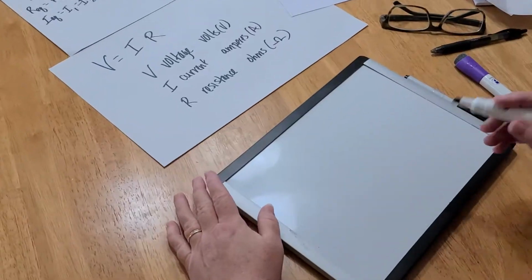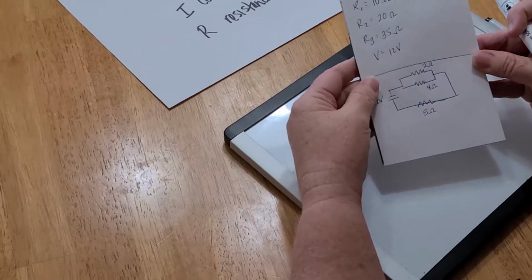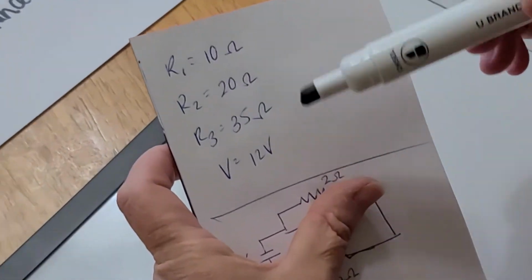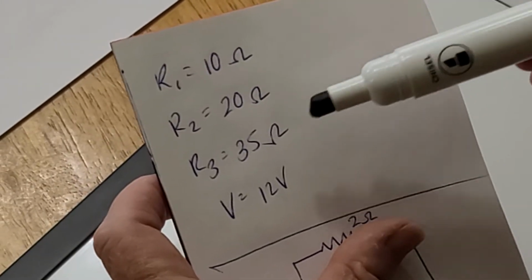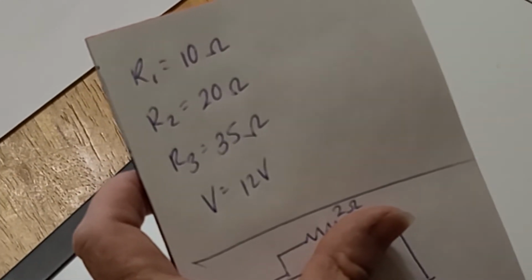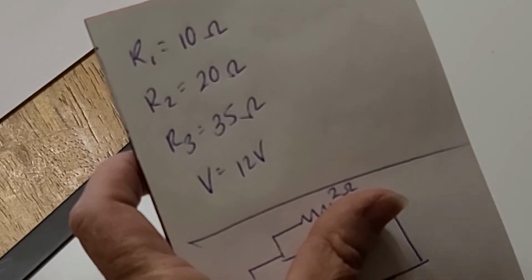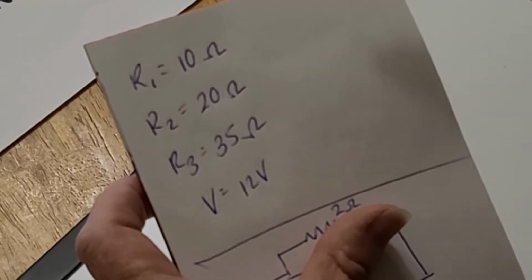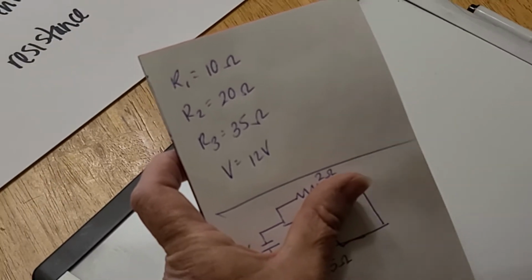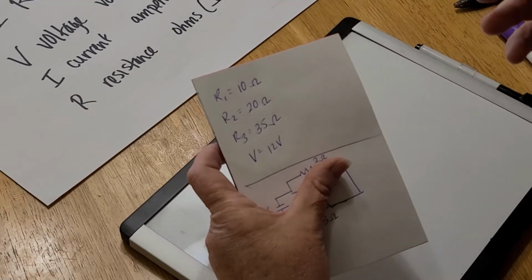And so we're going to keep, I don't know, can you see that? Not this. We're going to use three resistors, a 10, a 20, and a 35 ohm resistor, and we're going to connect it to a 12-volt battery, and we're just going to use the same information for a series circuit and for a parallel circuit, and we're going to try to figure out everything we can about each part of the circuit. So the first thing I'm going to do